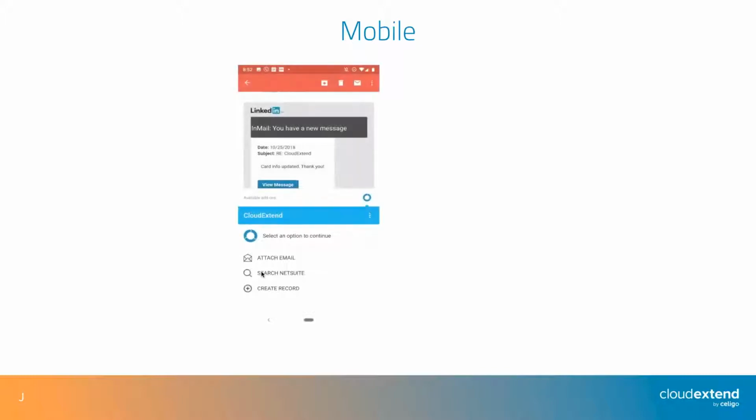So next up, I want to just show some screenshots of what it looks like to save an email on an Android device. So first up, once you receive an email and you scroll to the bottom of that email, you'll see our little icon here. Once you click on that icon, you'll have some options here. In this case, I want to search NetSuite because I want to look for this particular customer to attach to the customer record. So once I click search NetSuite,